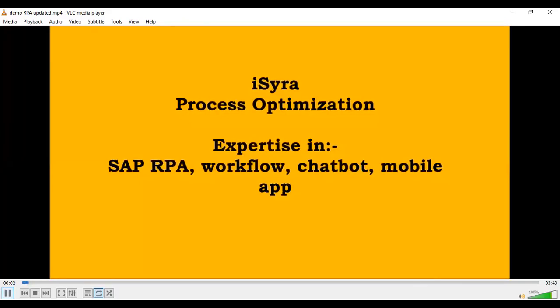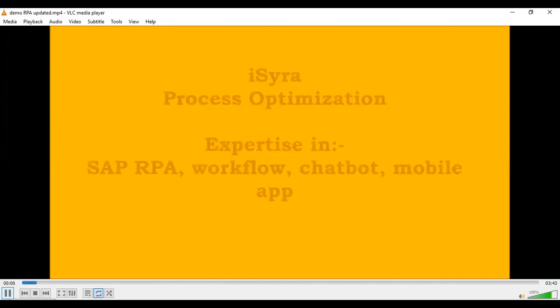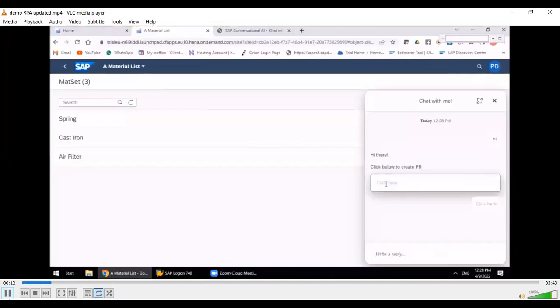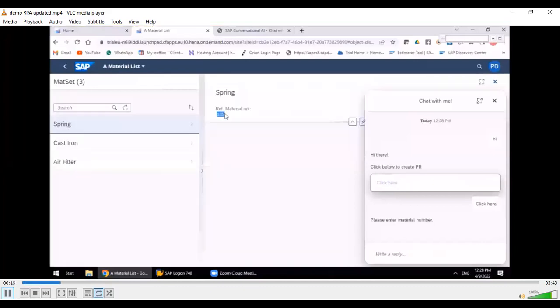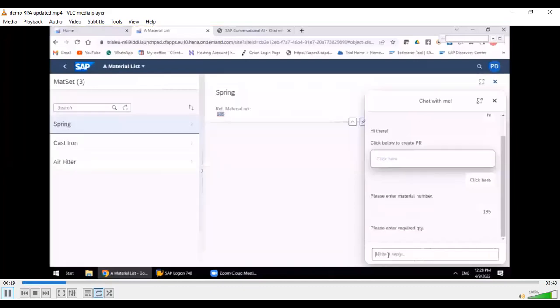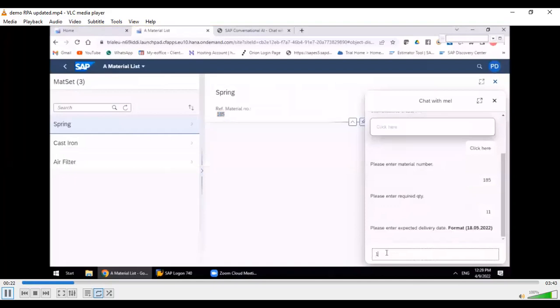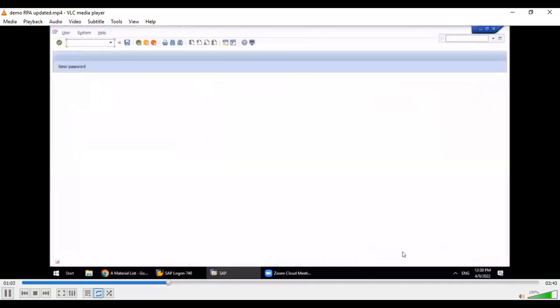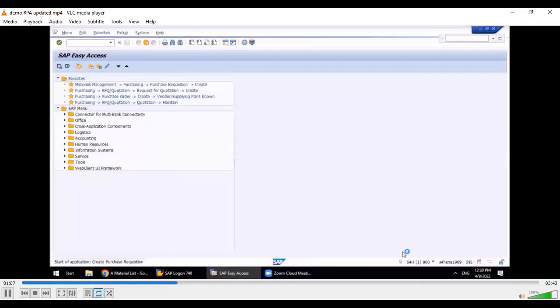Great, thank you. So over here, what we have done is, let's say any process we can consider, purchase requisition creation. So here you have Launchpad in cloud, and then you can connect a chatbot over there. So just copy some material, and then we have someone who wants to raise a purchase requisition, then you can just instruct the chatbot. It will connect to the RPA bot. I will just take it a little forward. Okay, so it will automatically open the SAP system,